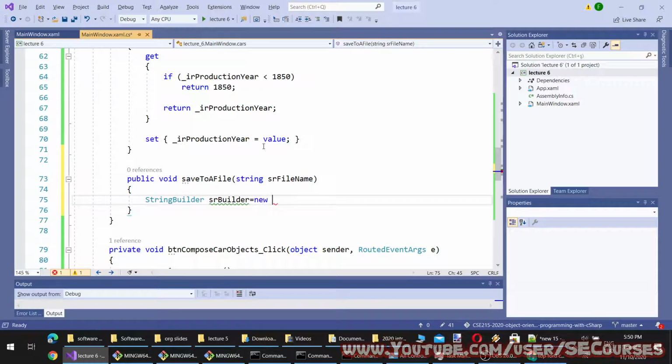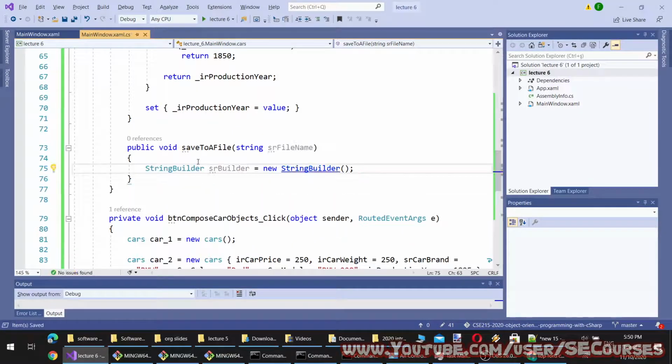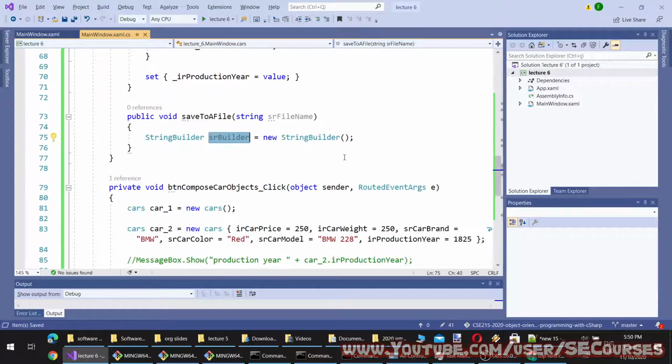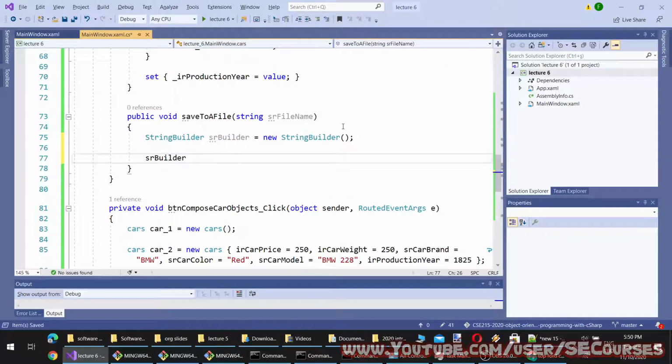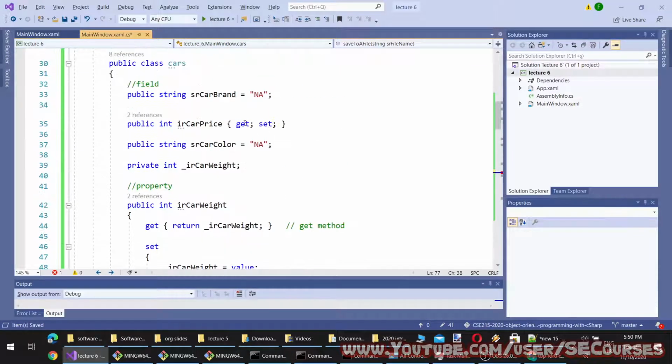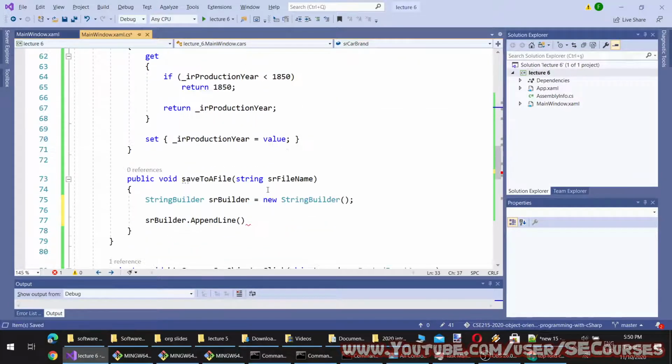And I'm going to make it like this. Then I am going to append the values of each variable. Append line. I can keep the order, or I can use the variable names. The design is totally up to you, so I'm going to use it like this. I will separate it with a semicolon and plus